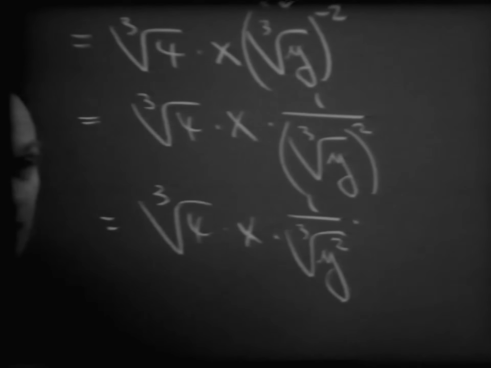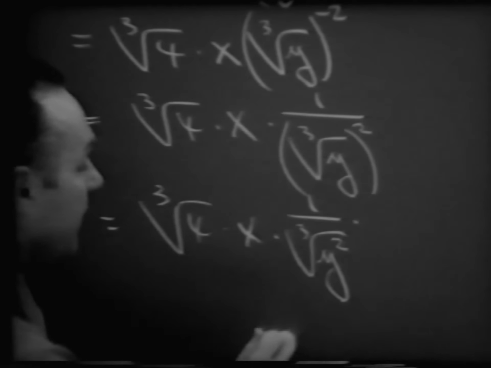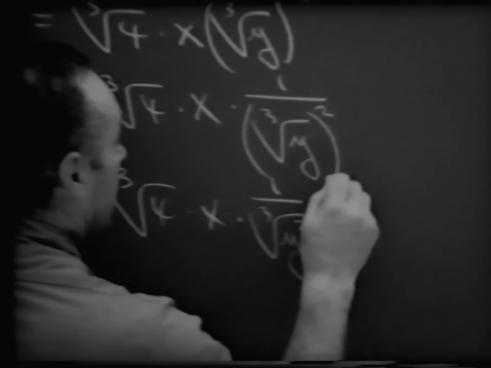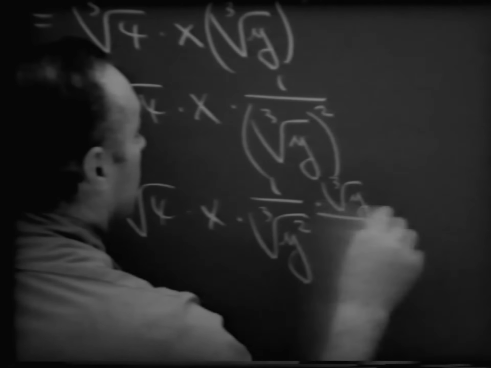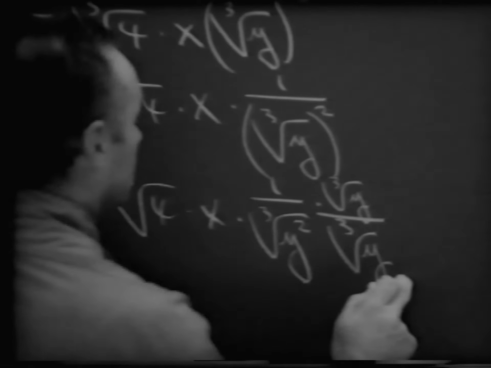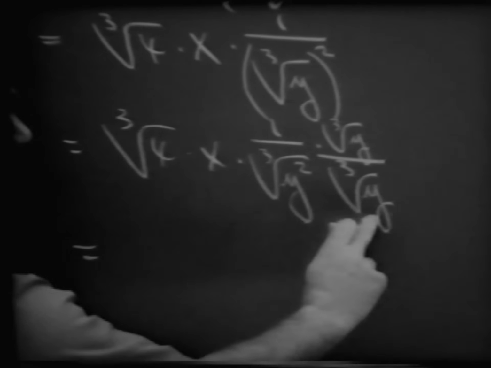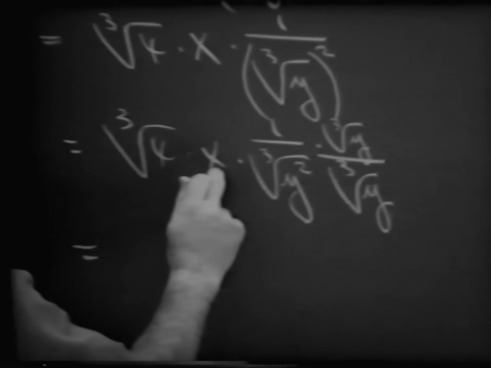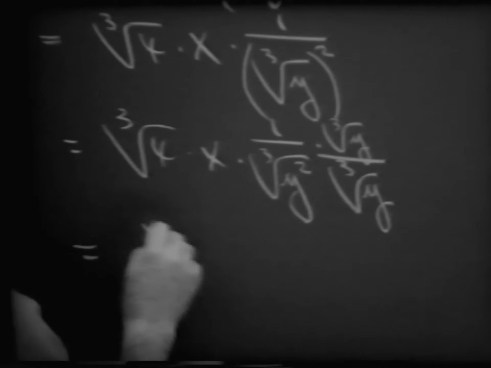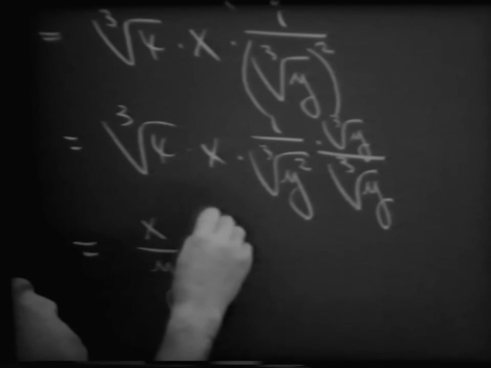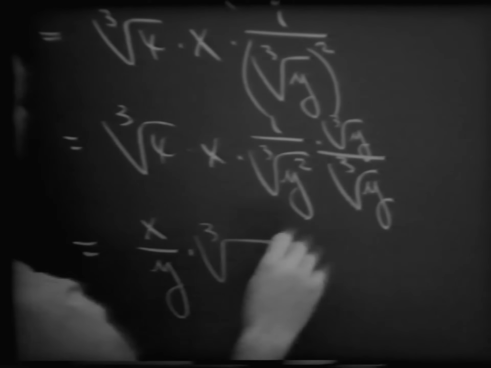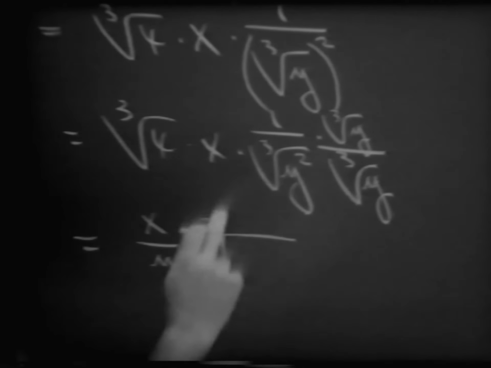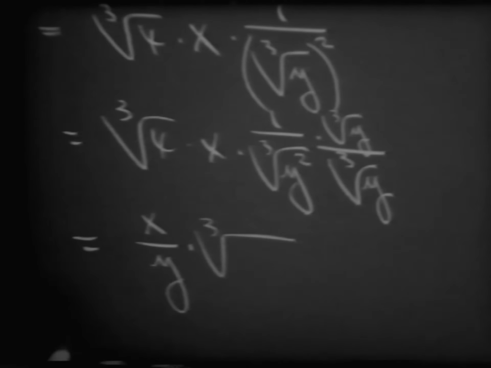In fact, let's rationalize this number right here. And what then is a name for the number 1 that we would like to write? The cube root of y over the cube root of y. The cube root of y over the cube root of y then is going to give us in the denominator what number? But y. And so here we have, let's rewrite this as what? X over y times the cube root of what? Here we have the cube root of 4 times, and we still have there the cube root of y, which we may write as what? The cube root of